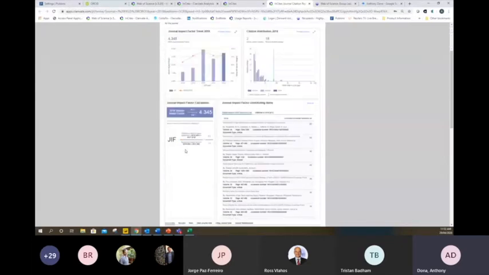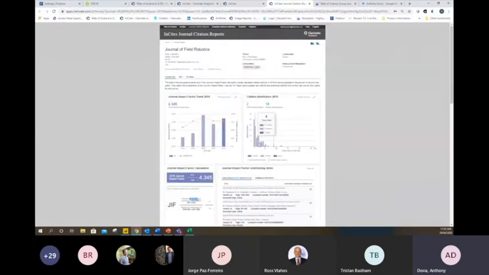When calculating the impact factor of this journal in the last 2 years, so 2016, 2017, 119 articles were published in this journal, and in the year 2018, they were cited a total of 517 times. We divide those two numbers by each other to get an impact factor of 4.3. Great. If I'm looking at these articles, though, the majority of articles published in this journal in those impact factor years have been cited 0, 1, 2, or 3 or 4 times, a lot less than the impact factor of that journal. So looking at the number of citations each article has received, it's a lot less than you would expect.